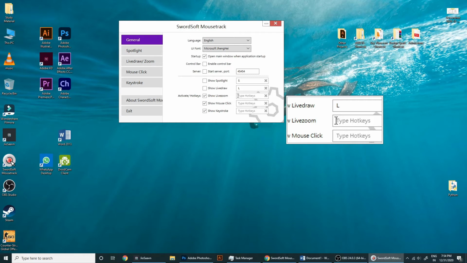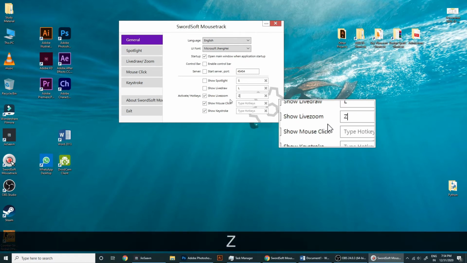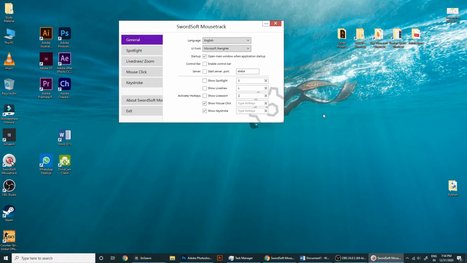So it's zoom, so I'm assigning it Z. Okay, and disable this. Now this is mouse click. As you can see, this red circle appears whenever I click. So if you turn it off, there will be no indication of clicks. Okay, so you can assign a shortcut to it as well, but I am turning it off.